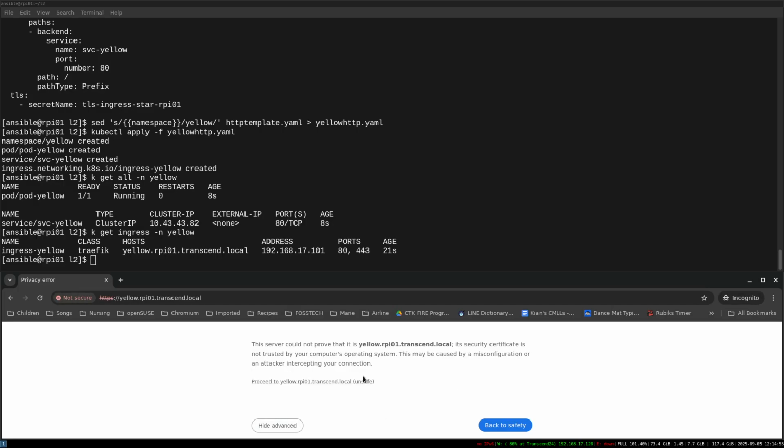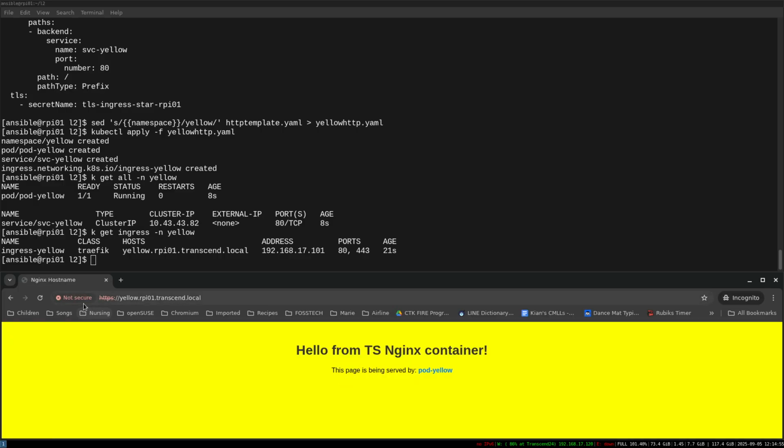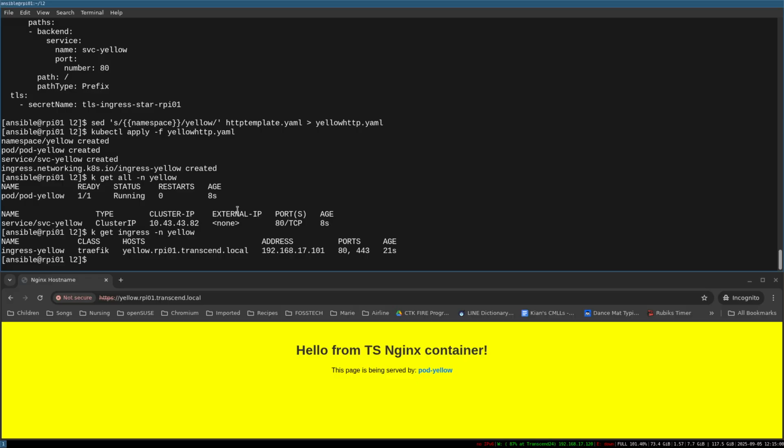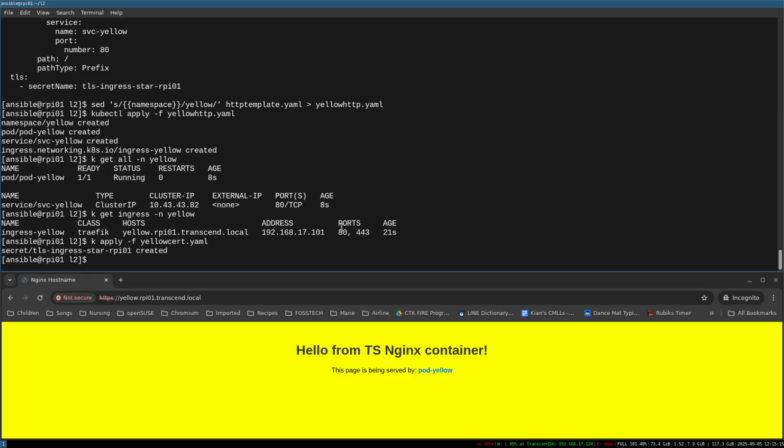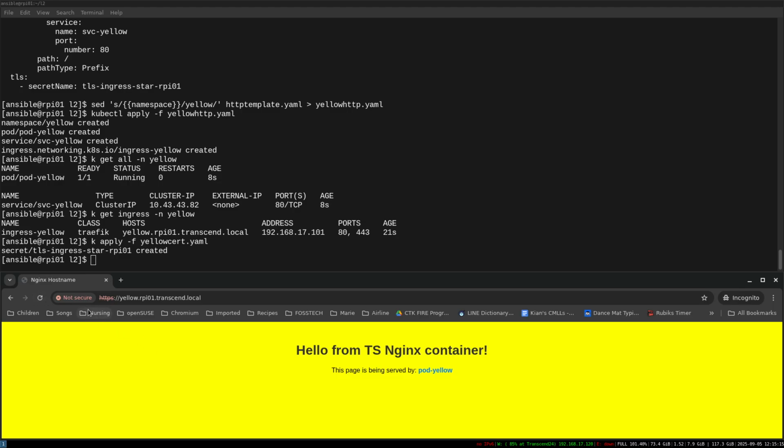As you can see here, this is not exactly what we want. This is still unsecured. The only reason is that even though I have the service and the ingress, I haven't imported the cert in yet. So let's do this. Apply -f yellow-cert. Once I do this,